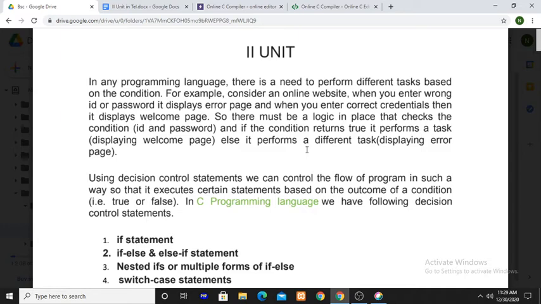We are skipping some set of statements depending on the condition. That is the control statement. Control statement means it controls the flow of statements. If there is no control statements in your program, the flow of execution is sequential, meaning every instruction is executed one by one sequentially. There is no skipping of instructions. If your program contains control statements, then based on the condition, some statements are executed, some are not executed at all. That is, you are controlling the flow of the program using some conditions.